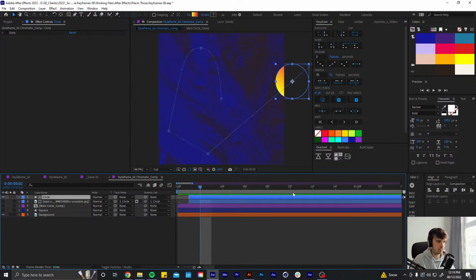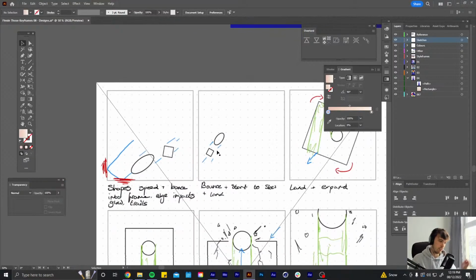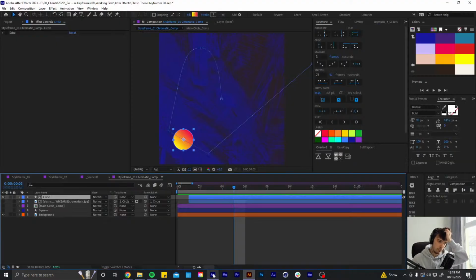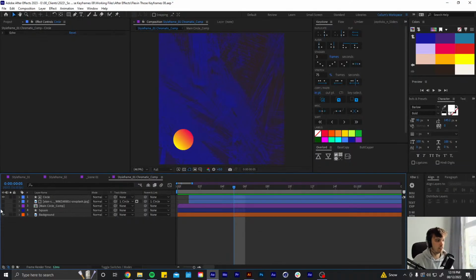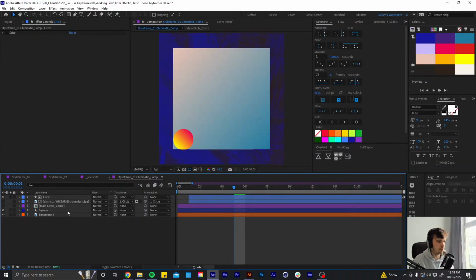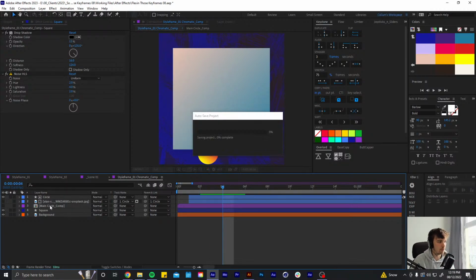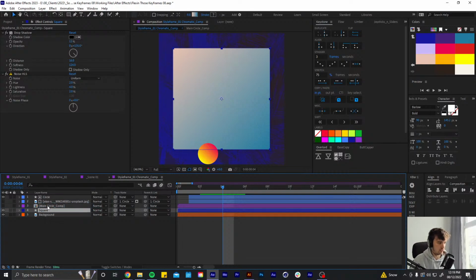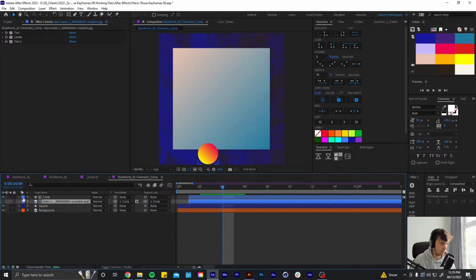Cool. Okay, let's get the square in behind it as well. I've done the square smaller in my storyboard. So yeah, I'm going to have that smaller following behind, and we can add some rotation. I'm going to add some rotation to the circle as well, but I'll do that once the square is animating as well. Let's get rid of this and